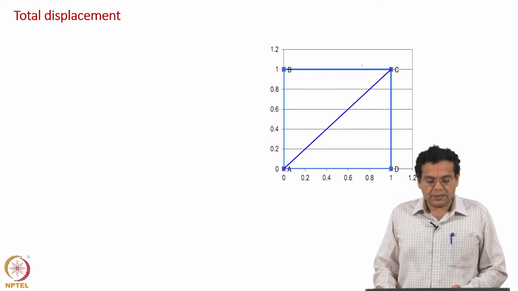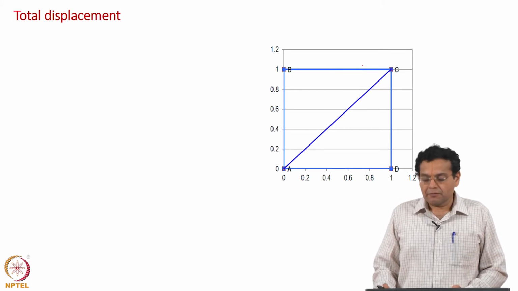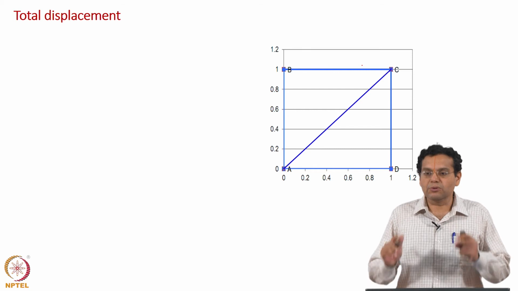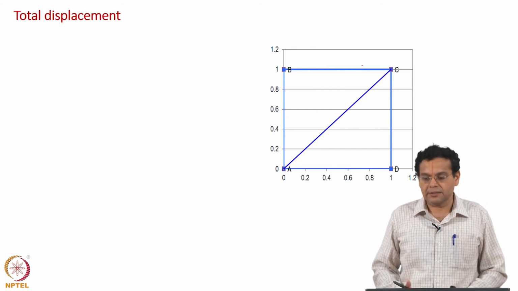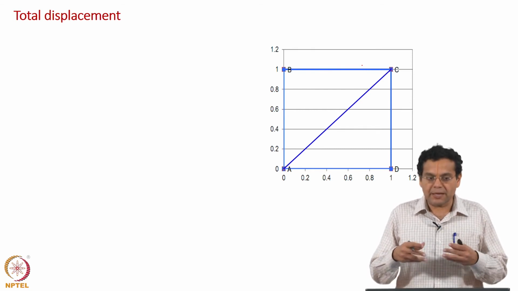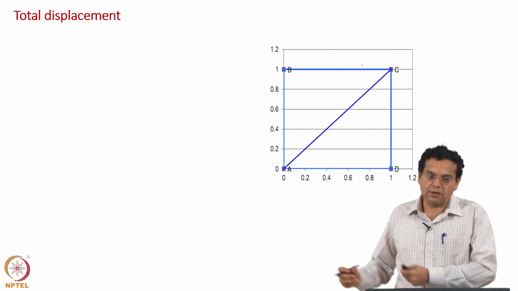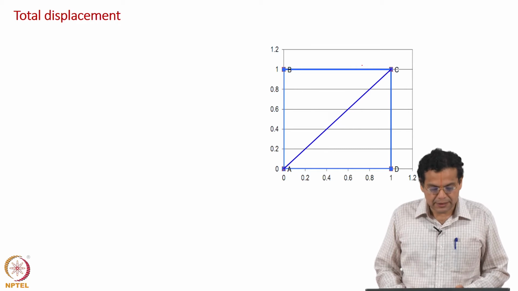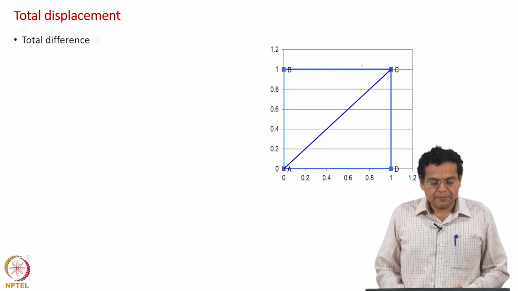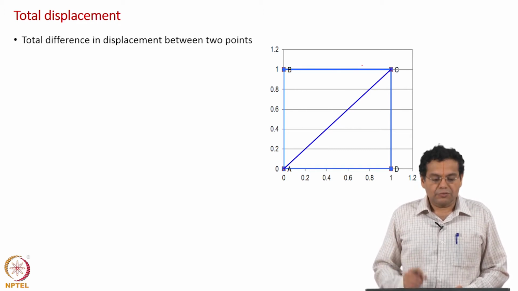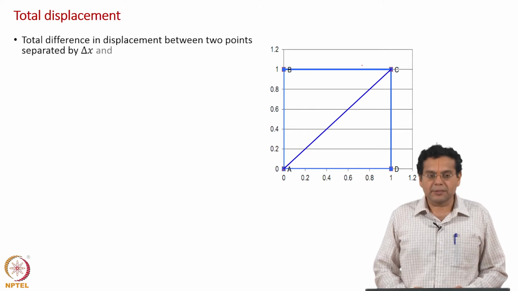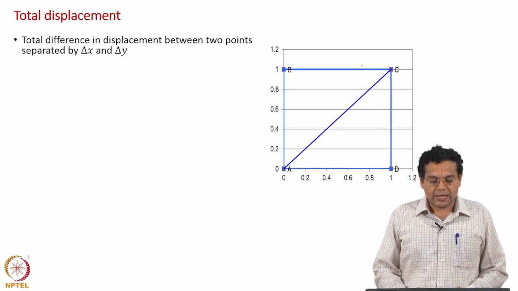First let us look at the total displacement. We are going to arrive at total displacement in 2 different ways as we have done in the derivation. First in terms of the partial derivatives, more mathematically, second in terms of splitting each of the components. So, the first method, total displacement. We are going to look at difference in displacement. As we have discussed, difference in displacement takes care of translation.